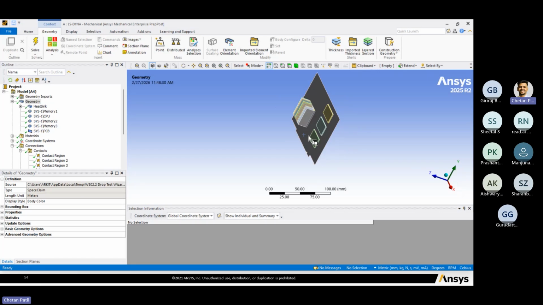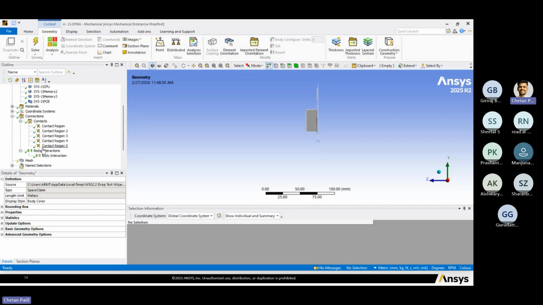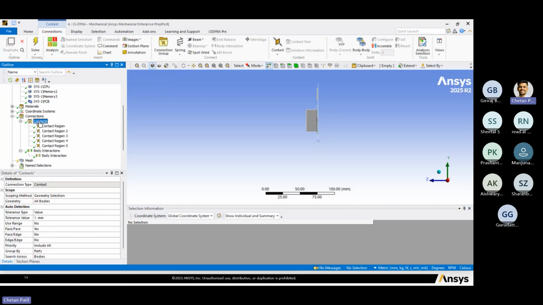So always try to place your model with respect to the axis itself. Keep the x-axis in your normal direction, and YZ to be your particular normal plane itself. So this negative Y direction will be the dropping side of the model. I'll let you know how that drop test is done. First of all, whatever contacts are created, we are not going to modify any of the